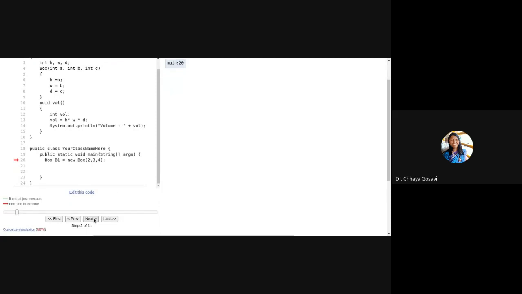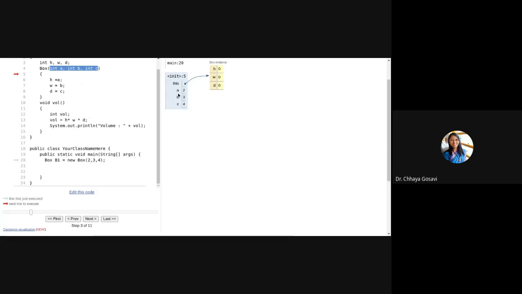So you can see execution started from main. And here something called this. Are you able to see this? This means the current object. Initially these are the variables a, b, c, which are the arguments to this constructor, and the value of a is 2, b is 3, and c is 4.